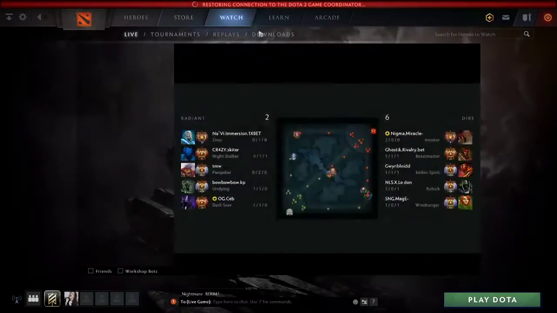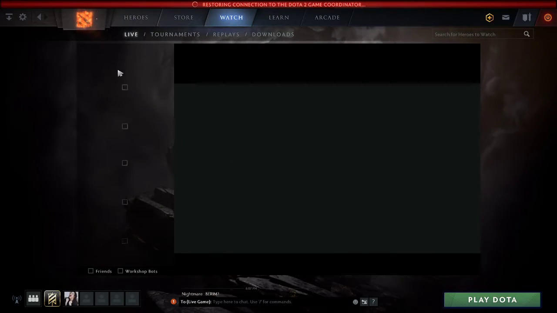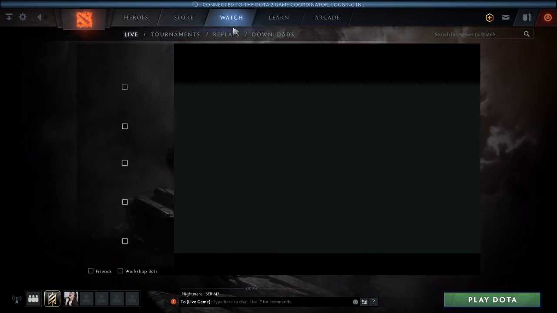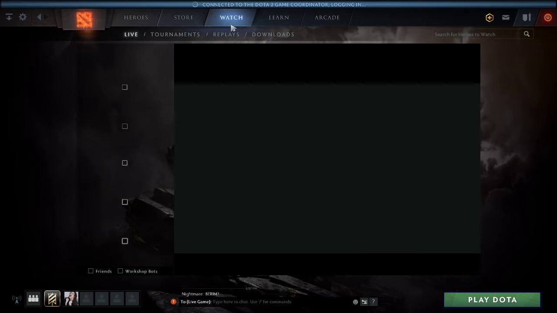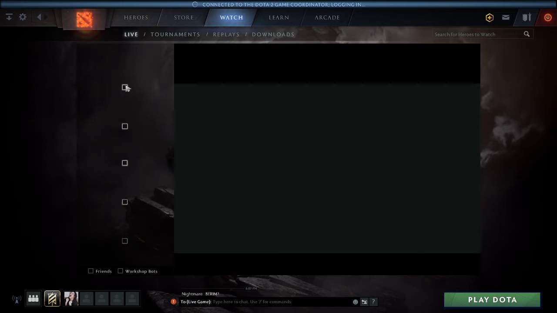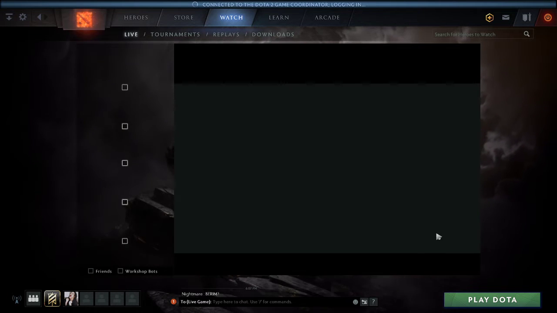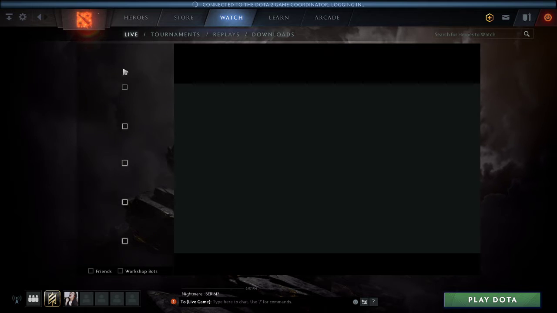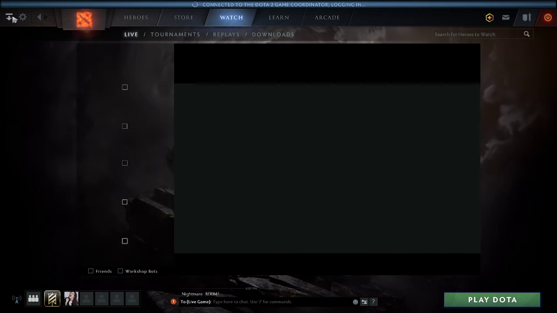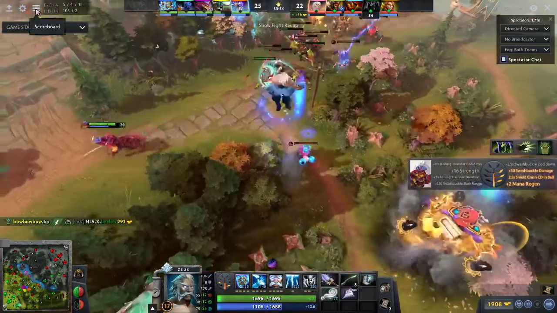So if we go into the Dota game, you can test this out watching a random program. You can go to watch, and then the Dota 2 coordinator will start working. Valve is always having problems with their Dota 2 and their coordinator. But anyways, if you let this load, there'll be some games that pop up. Just go into a random normal ranked game and then go all the way down here and then go into it. Now if you click on the scoreboard,